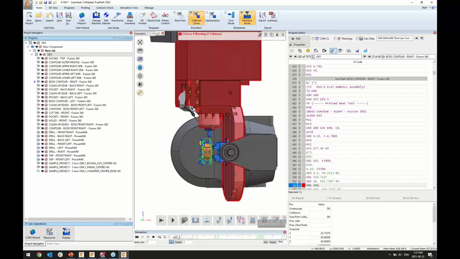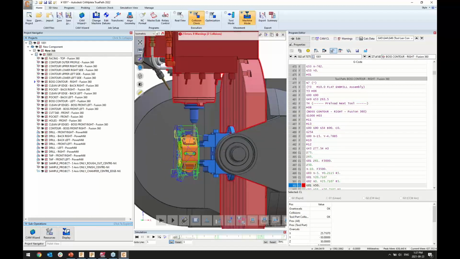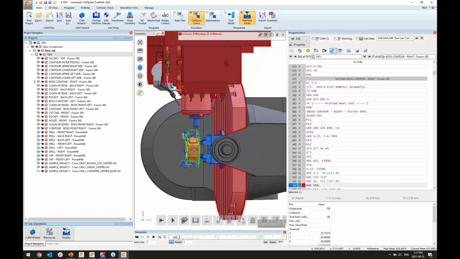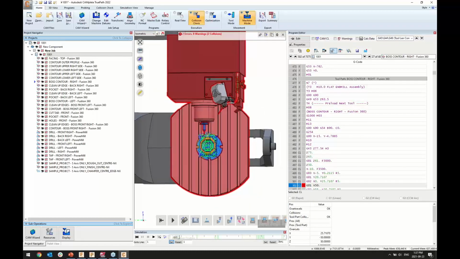So in that case, being able to look at, for example, alternative scenarios that can help resolve that actual collision. So one of those elements that we could be looking at would be, again, the tooling. So now if we can start looking at alternative holders, extend the gauge length, maybe look at alternative solutions on the fixturing, or as a whole on the setup in itself, because in that particular instance, the table of the